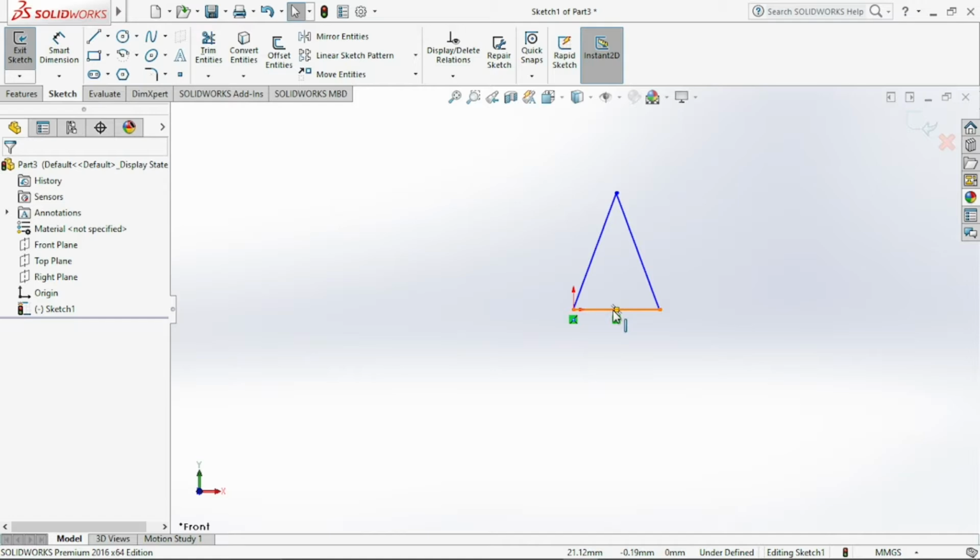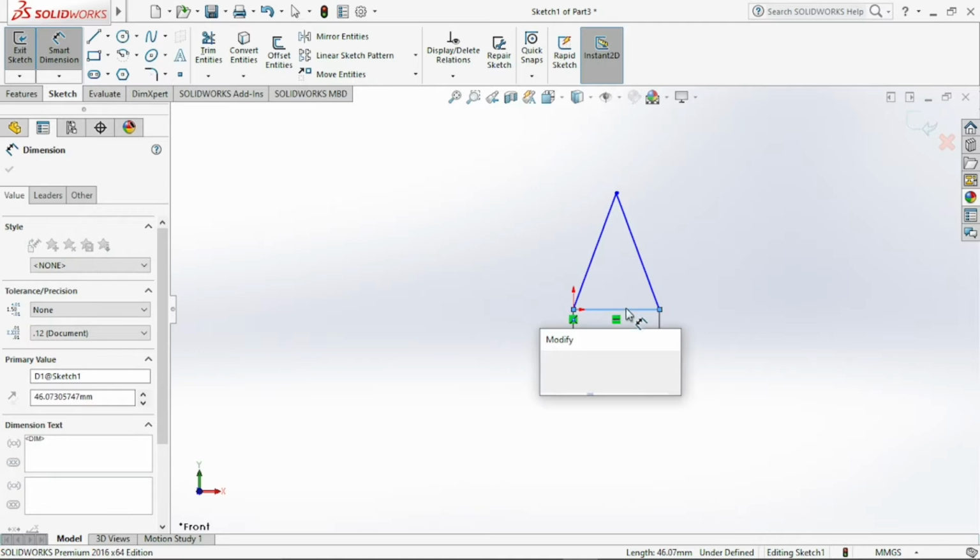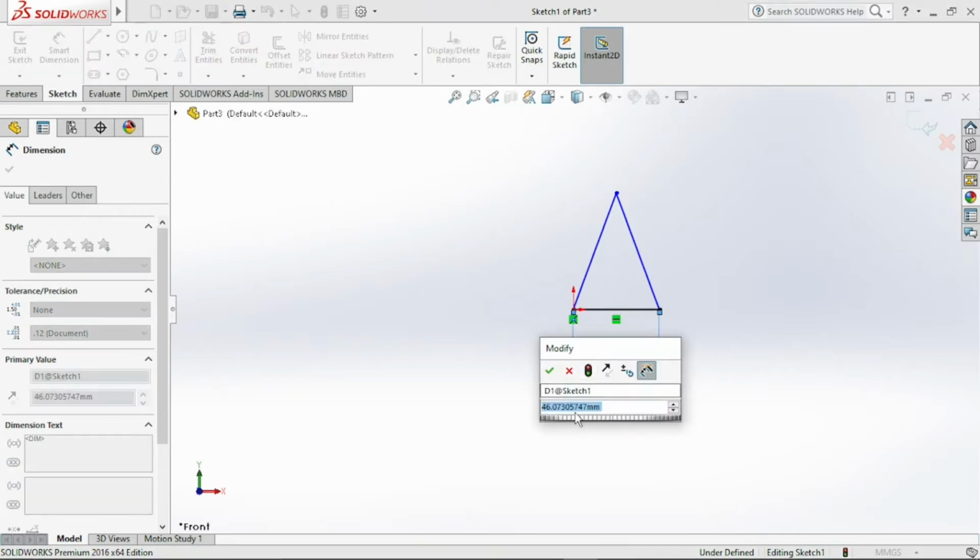The second thing I'm going to introduce in this video is smart dimension. You have this particular line and you want to measure it. So we have to go to smart dimension, which is over here. As you can see, right now it is selected, and you have to click on the line you want to measure. As you can see, the line measure is, as of right now, 46 mm. We need only around 35 mm.